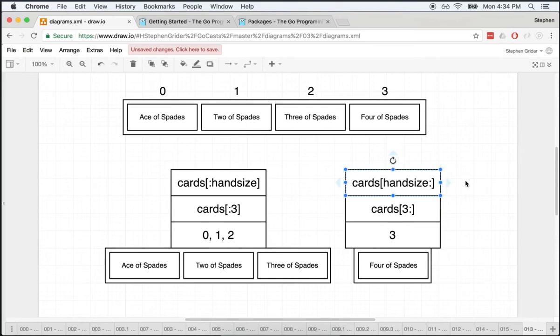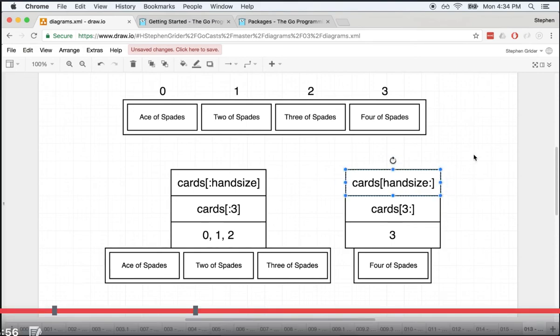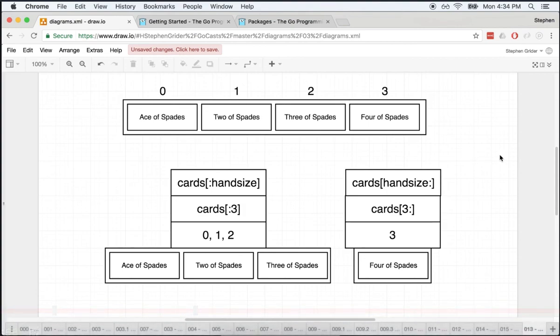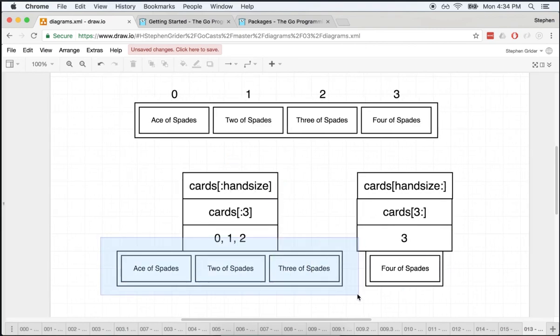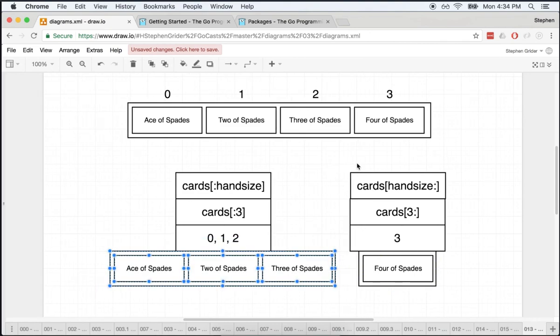And then for the remaining cards in the deck, we can say hand size : which means give me everything from index 3 to the end of the deck, which in this case would be just the 4 of spades. So essentially, if we just put in colon hand size, that will automatically create a hand for us, and then everything else inside of that slice will be picked up by this second expression right here,